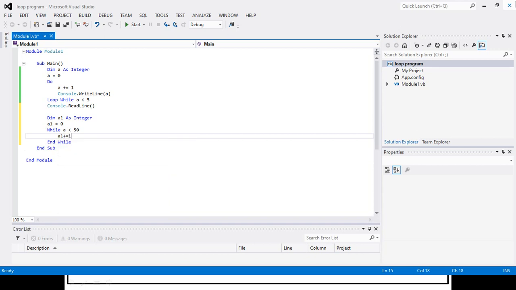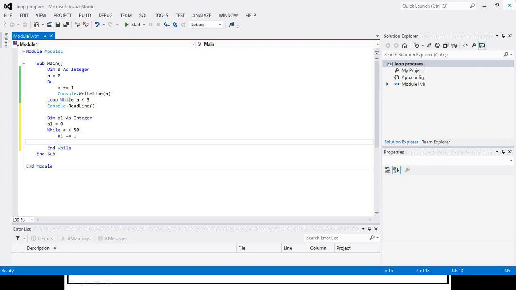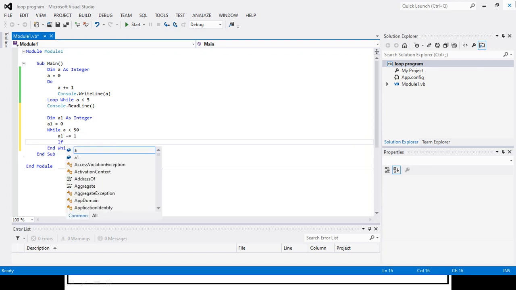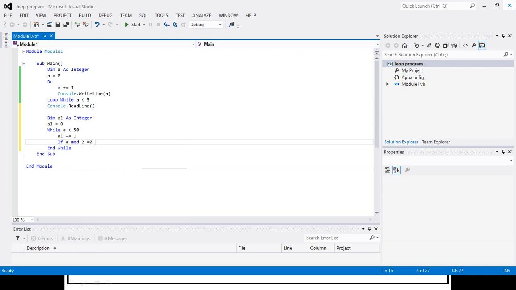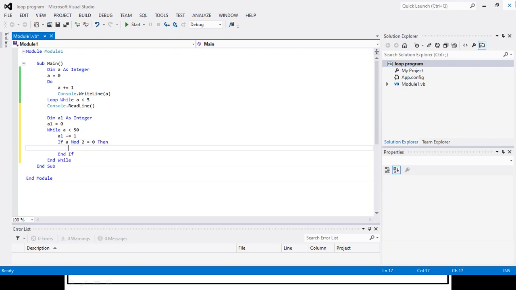a1 plus equal to 1, and here I will check the condition: if a mod 2 equal to 0, that is, if the remainder of a mod 2 is 0, it should display that a1 is an even number.